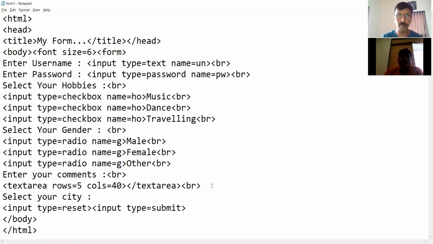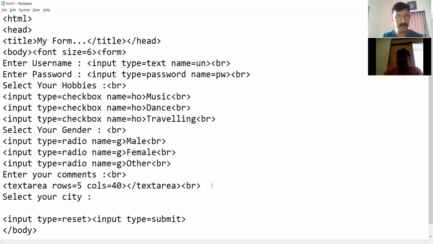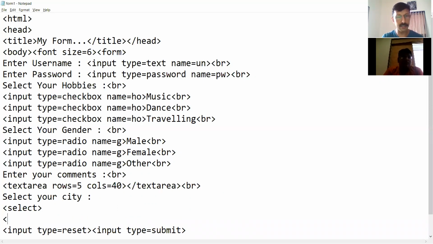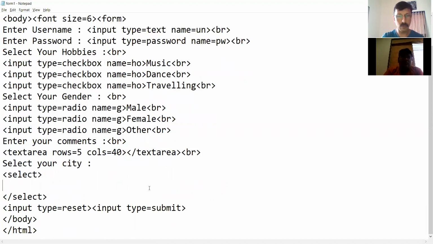We will show the drop down menu beside the select your city words. To create it, there are two tags we need to use. One is select and another is the option tag.